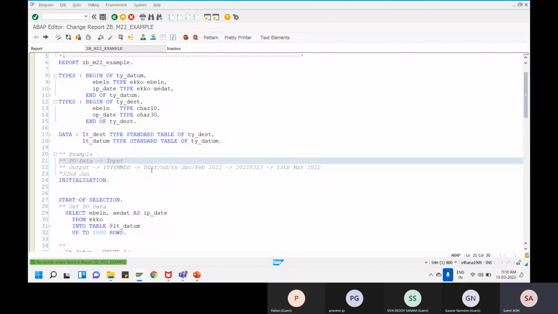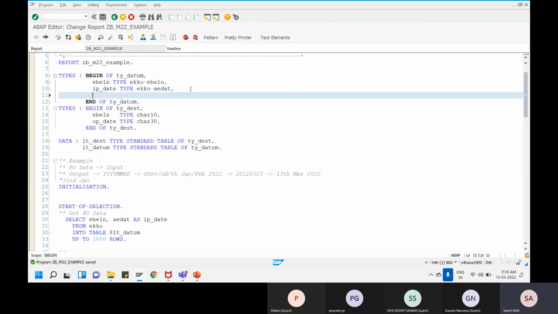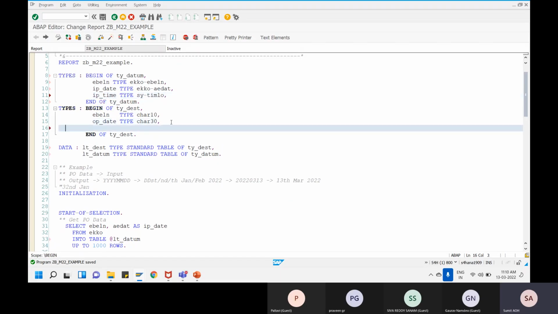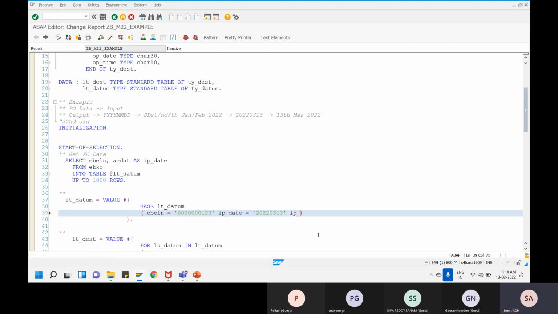I'll do the syntax check and it's okay. I want a time as well. So I'll say IP time, where I am providing a time as an input. And I say time local as the data type I'm specifying. In the output, I also want some sort of time to be part of my output, and I'll specify it as a character. I want IP time equal to the value I would like to have over here, for example,